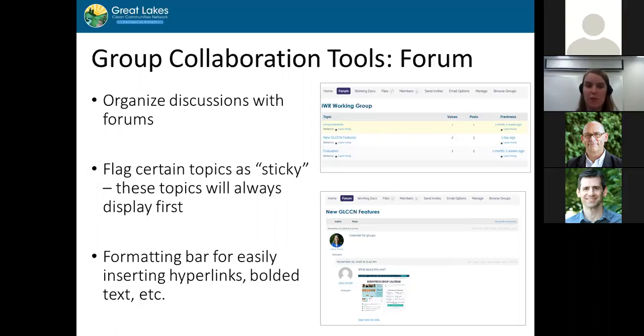What's also cool about forums is that it allows you to enable certain topics as sticky. What this means is that that particular topic will always be displayed first in the list of forum topics. So in the screenshot on the top here, the announcement subtopic is sticky. If we added in 10 more different forum topics, announcement would always be listed first in that list of